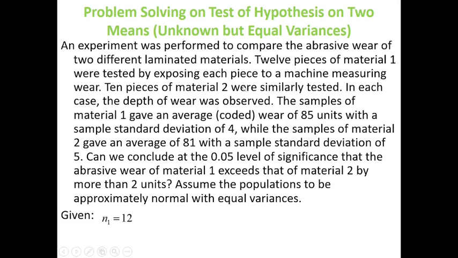n sub 1 equals 12. This has something to do with sample 1. So we have here the total number of observations, 12 for sample 1. 12 pieces of material 1 were tested. And then for sample 2, we have 10 observations. And in each case the depth of wear was observed. So take note that